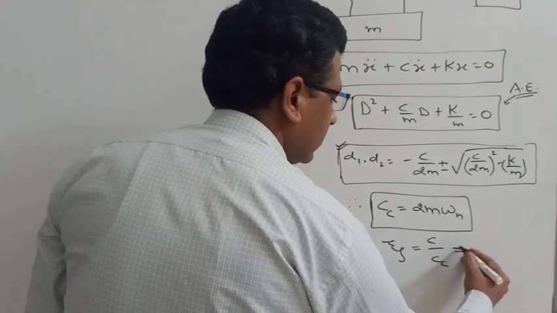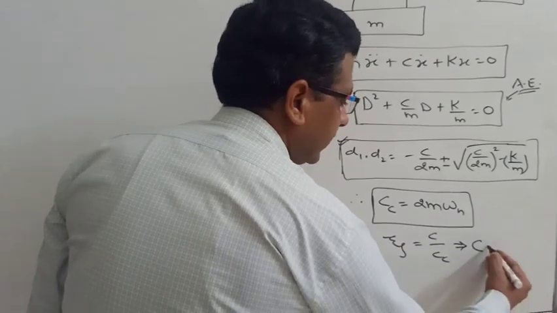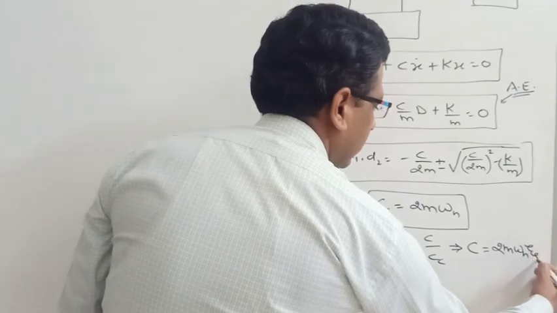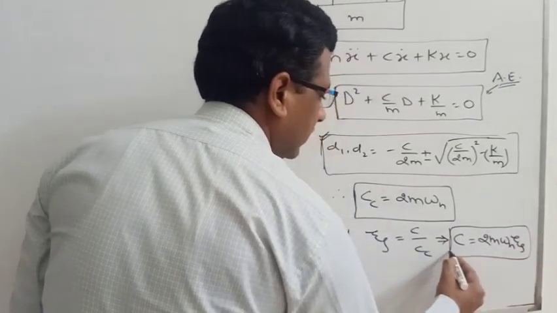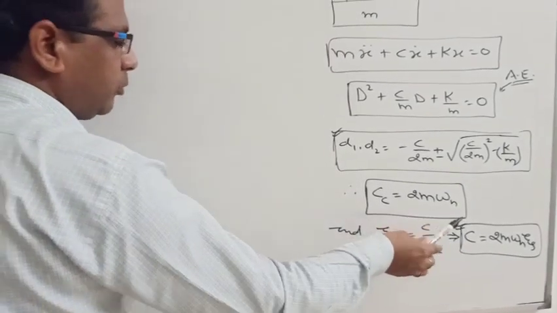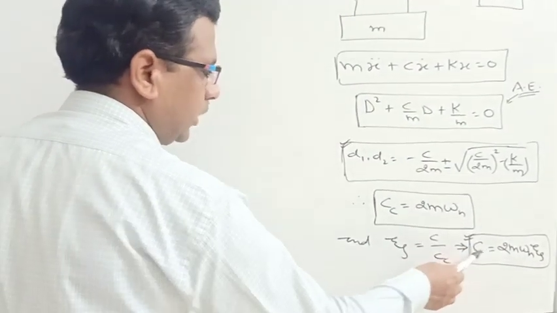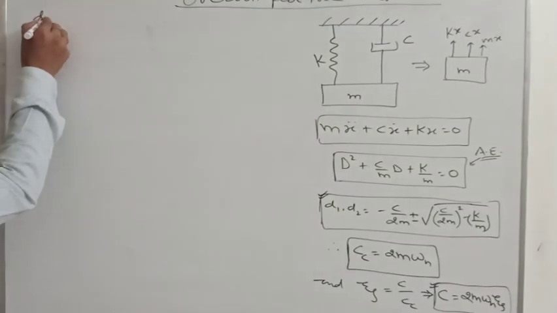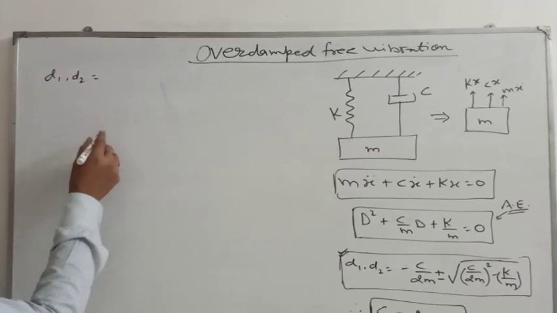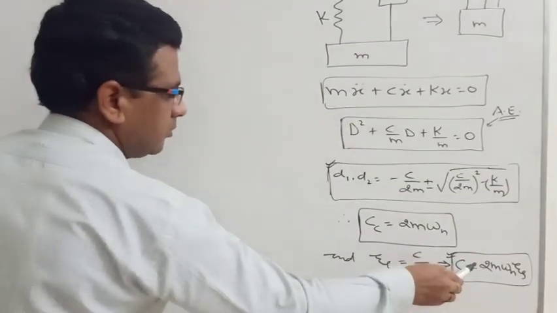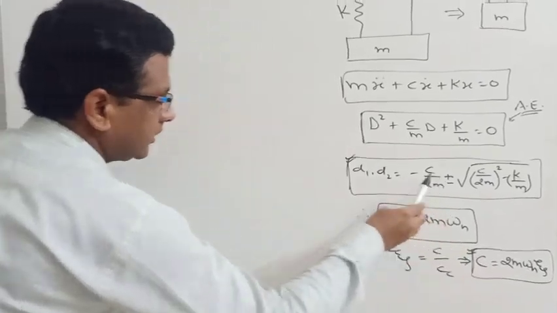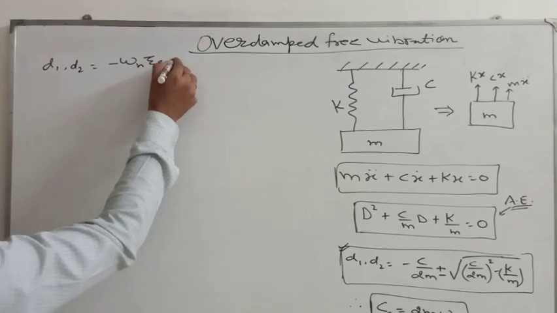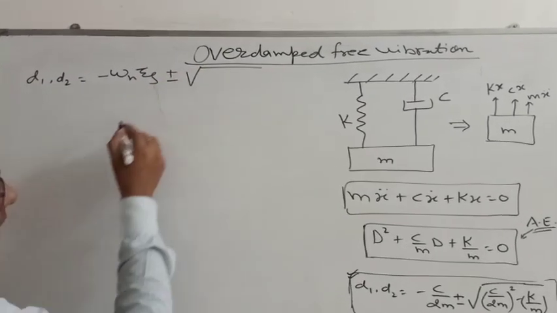From this we can calculate the damping coefficient, which is equal to twice m omega n multiplied by zeta. Now if we are putting the value of C by 2m equals omega n zeta, then the roots of the equation are omega n zeta plus minus under root of